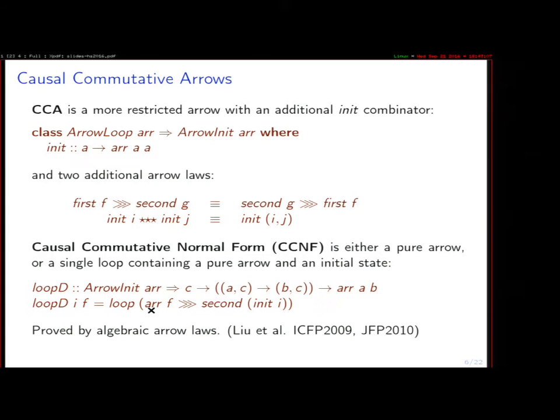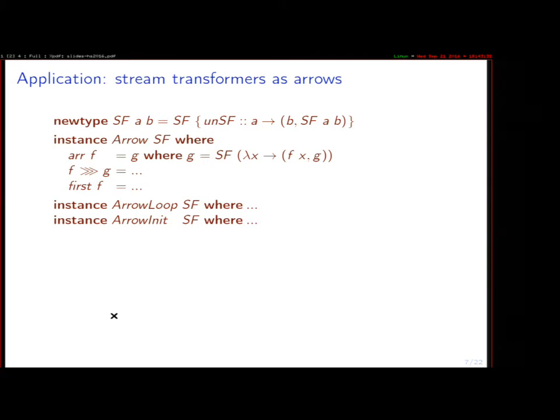There is our pure arrow, there's sequential composition, and there's second that symbolizes the parallel composition, and there's the stateful arrow we introduce with arrow init, and on the outside there's the loop. So this kind of normal form does simplify the overall compositional structure of your arrow program. And it actually leads to some very good results as previously reported. But before showing you that,